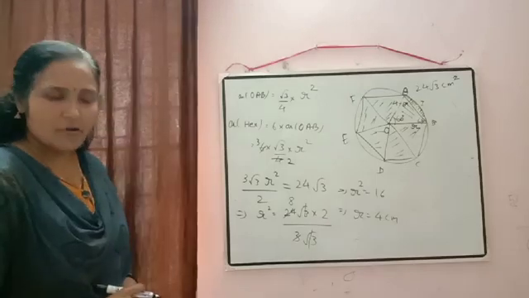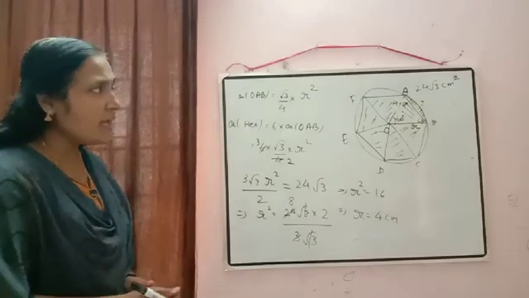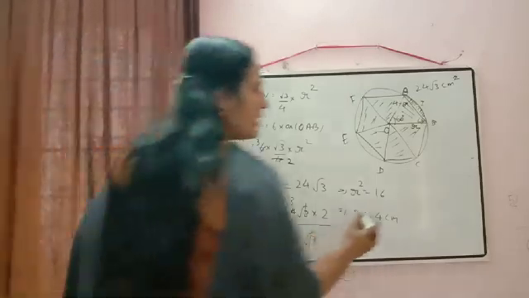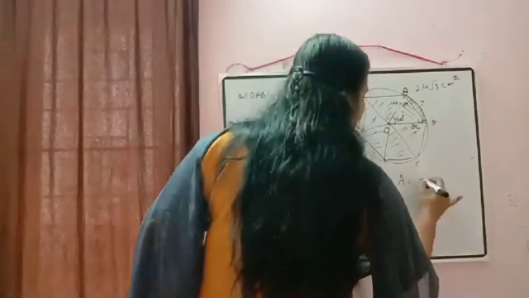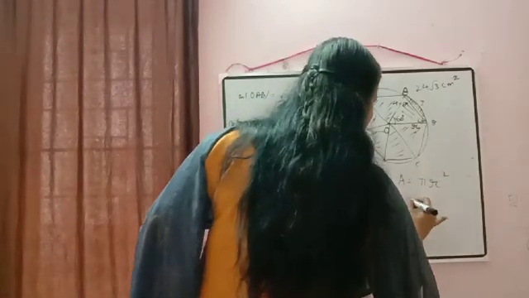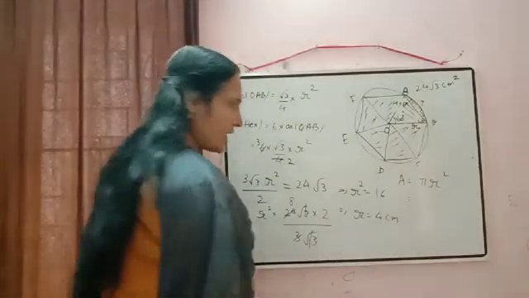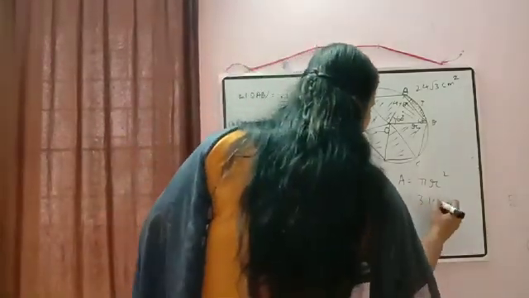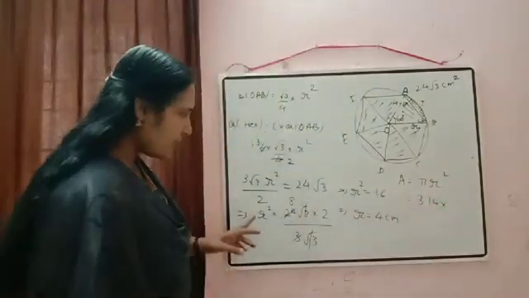So we got the radius of the circle. Now what we need? We need the area. So directly we can calculate. What is the formula for area of a circle? Pi r square. And it is given in the question, take pi is equal to 3.14 into r square.